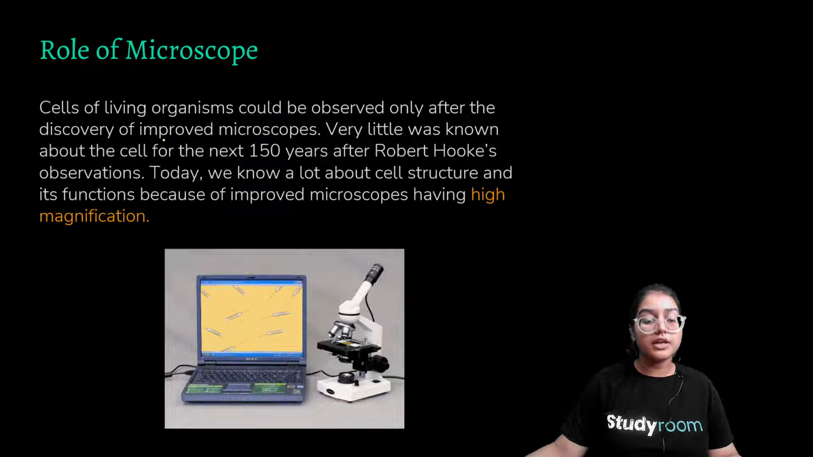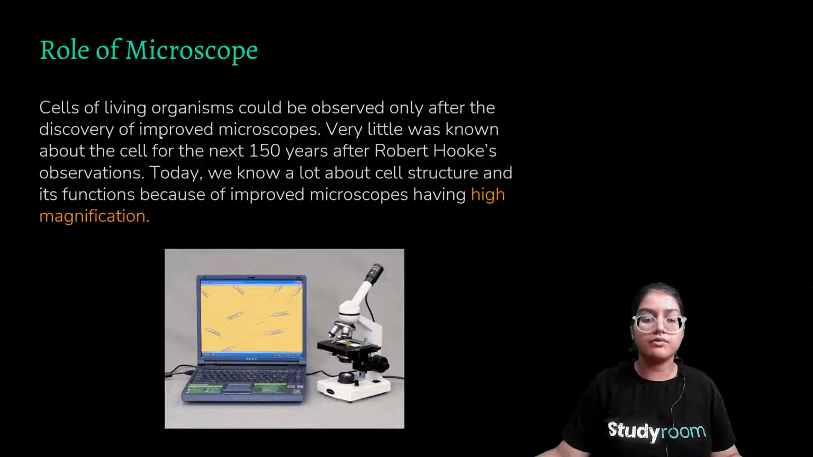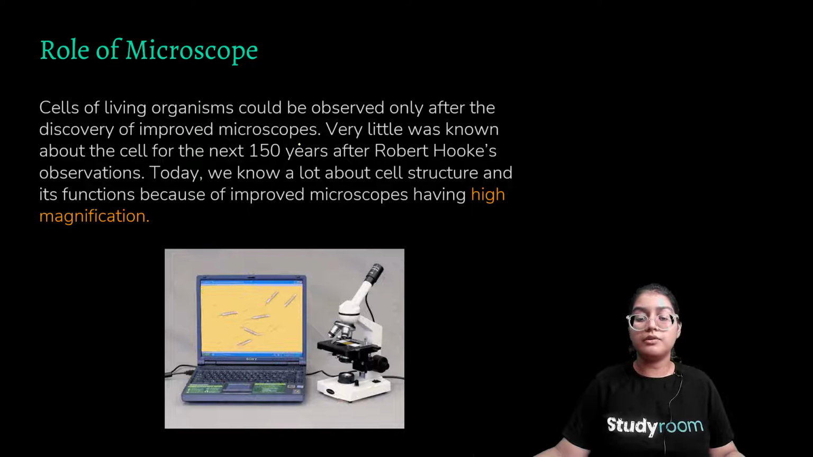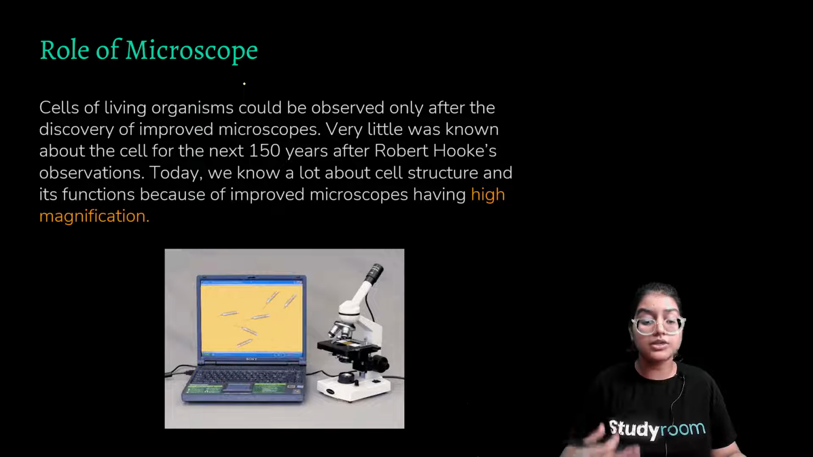Now we observe these particular tissues under the microscope. So it's important to learn about the role of the microscope. Cells of living organisms could be observed only after the discovery of improved microscopes. If we didn't have the microscope, we would not be able to pursue such experiments, and you can see how fast our technologies are integrating with biology. So we have certain technology which is helping us to generate many experiments which are helping us for human